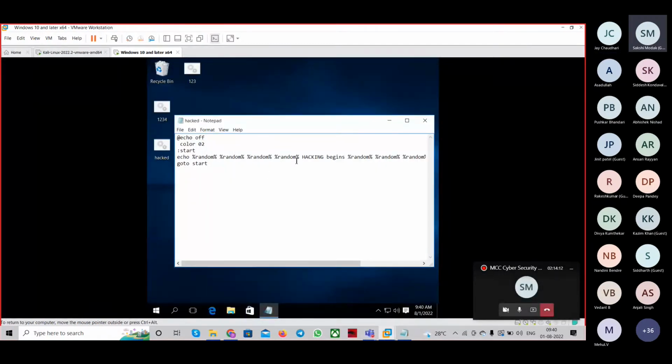पुष्कर हैक्ड। ओके, हैज बीन हैक्ड वगैरह भी डाल सकते हैं हम लोग।